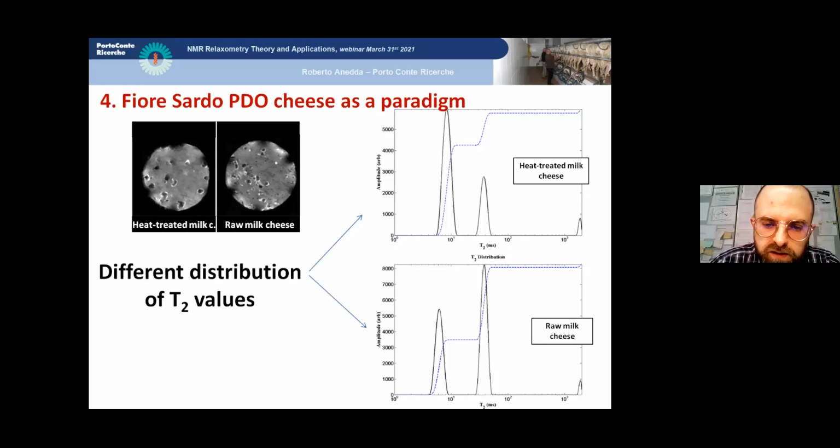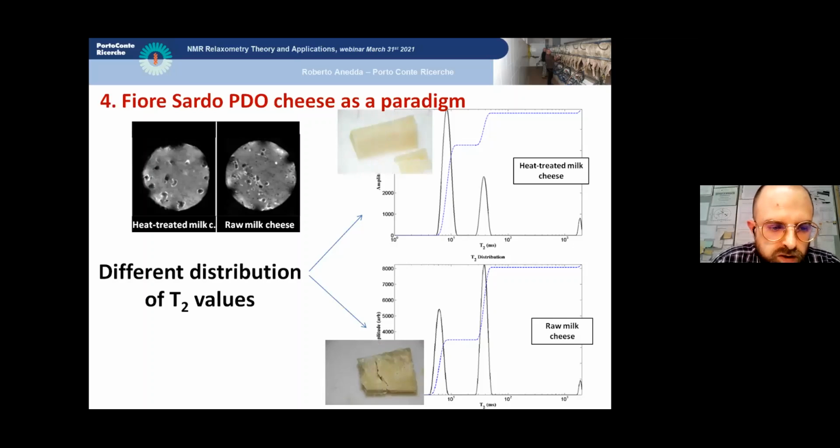These results were obtained on cheese after 3 months or 6 months of ripening and appear quite reproducible. We have tested several tens of cheese samples by now, also specifically produced. And statistical analysis usually confirms that NMR relaxometry is sensitive to these macrostructural changes. It is very interesting that visual examination of the two cheeses shows that cheeses from heat-treated milk were characterized by a very different appearance than the raw milk cheeses.